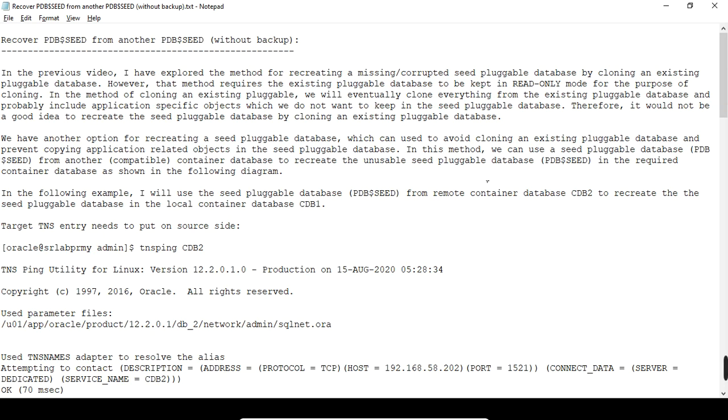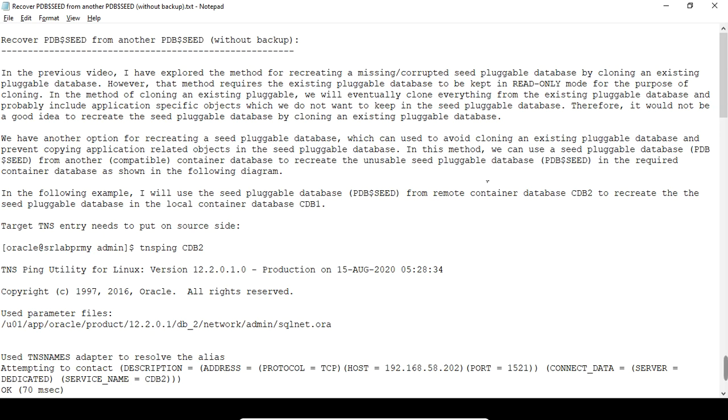Alright. So we have another option for recreating a seed pluggable database, which avoids cloning an existing pluggable database and prevents copying application-related objects into the seed.